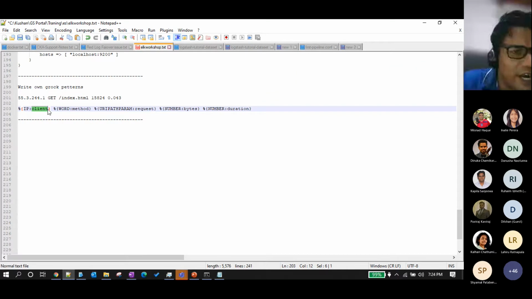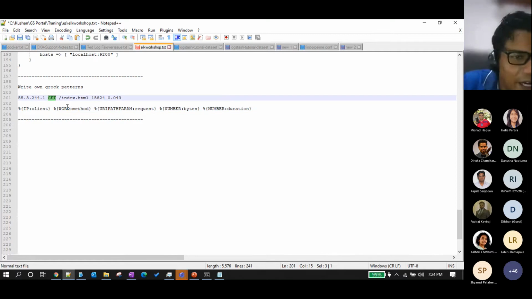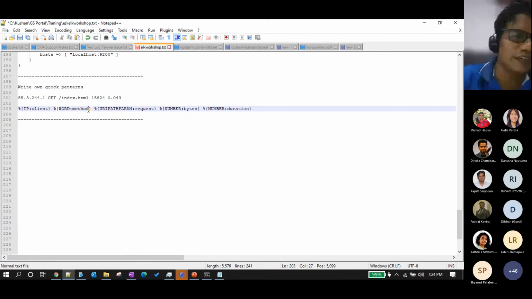So this is just a wording. You can give whatever meaningful name in here, and then you give a space. Then you write method. The data type you give as a Grok pattern, you give as WORD, and map it into method. Method in the sense that this is a word. You can give your own meaningful name also in here. So this we call the syntax, and this we call the semantic.